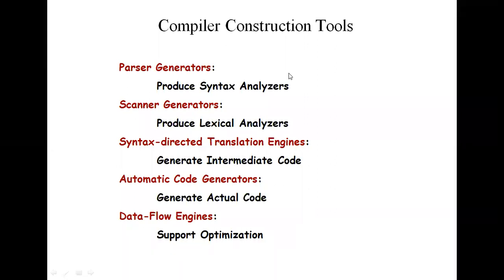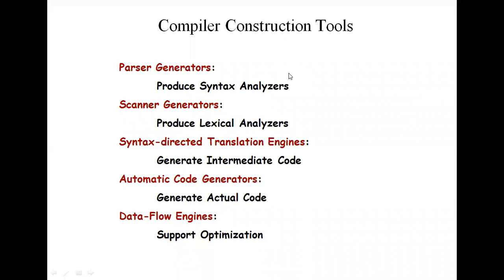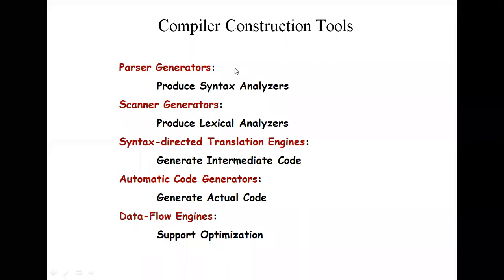And to implement the process of compilation, these are the tools that we are using. These are the tools that we are using for implementing the phases of compilation. See here, what is the second phase of our compiler? The second phase of the compilation is syntax analyzer. See here, the first tool here is parser generator. Syntax analyzer can also be called a parser, as already explained in the last class. This parser generator is a tool that is going to produce a syntax analyzer.